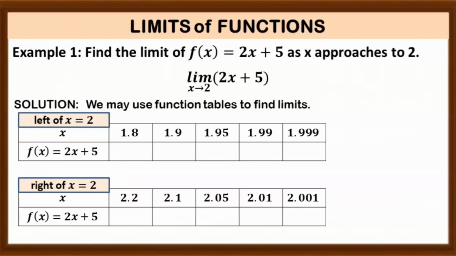Now, we are going to compute the corresponding y values by substituting these x values into our given function. Say for example, if our x value is 1.8, we may substitute in our given function 2x plus 5, so that becomes 2 times 1.8 plus 5. Then you just simplify and put it on the table. You also do the same to the other values of x, so that we can complete the missing values in our table. So, for the first function table, we have,